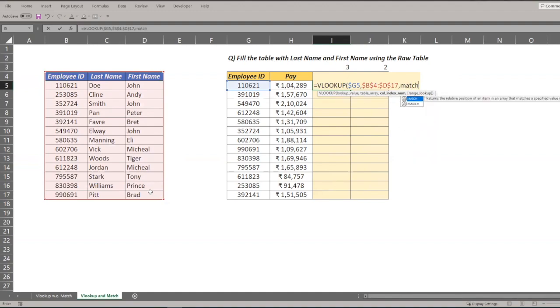I'll start typing a match. What do I need to look for? I need to look for I4, which has the first name written on it. I'll just fix the fourth row on there to make sure that cell referencing does not move if I copy paste the column. I'll go to the lookup array. Where do I need to match it for? I need to match it in the top row of the data set so that I know which column I am talking about. I'll fix that and I'll do an exact match, comma, and now we just select false